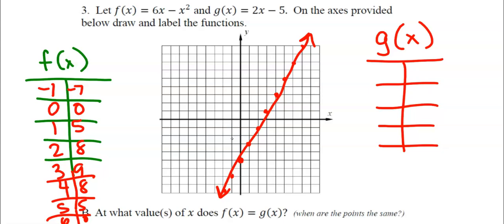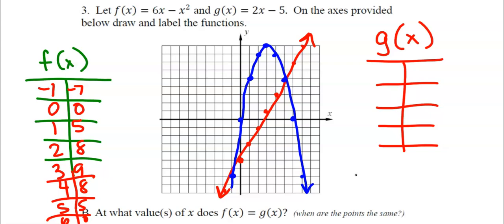-1, 1, 2, 3, 4, 5, 6, 7, -7, 0, 0, 1, 2, 3, 4, 5, 1, 5, 2, 8, 5, 6, 7, 8, 3, 9, 4, 8, 5, 5, 6, 0, 7, -7. Now that makes sense because this is quadratic. So it makes sense that it is shaped like a U, and I picked enough points that I could see